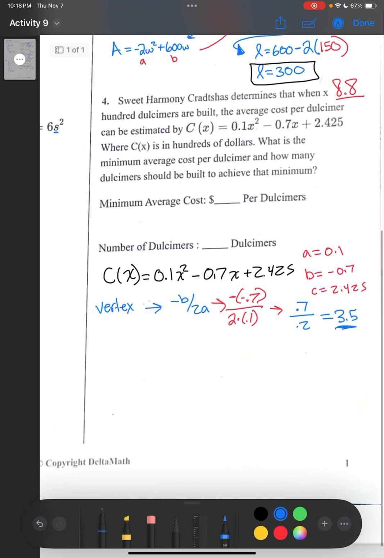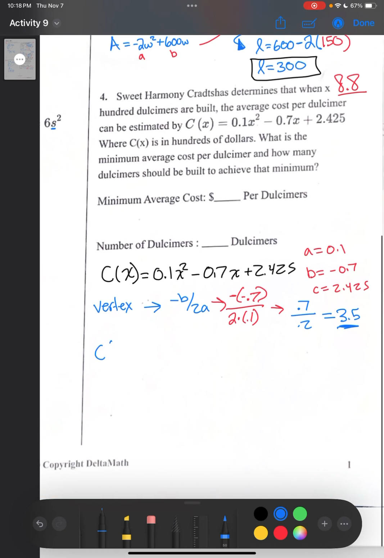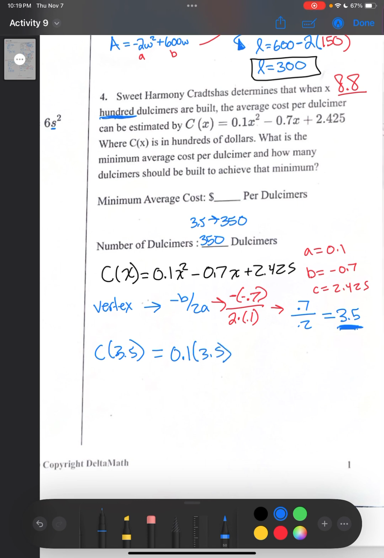So from there, we are going to input our 3.5. This is going to find our cost. This is the number of dulcimers they're going to order. So we can put that right here. Well, actually 3.5 turns into 350. In the problem, it says it's actually times 100. So it's 350 dulcimers. But when we're plugging this in, we have 0.1 times 3.5 squared,